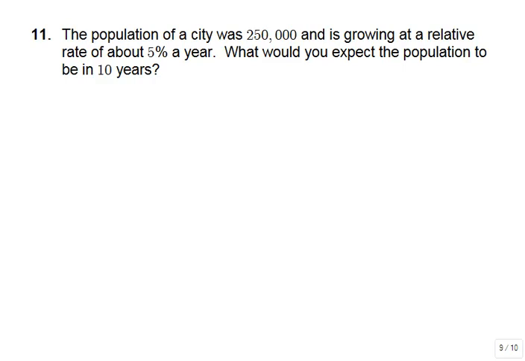What would you expect the population to be in 10 years? Whenever you see exponential population growth, you're going to assume that it follows this model: P of t, or the population at any time t, is P of 0, the initial population, times e to the rt. We're trying to find out what the population is in 10 years. So when our time t is 10,